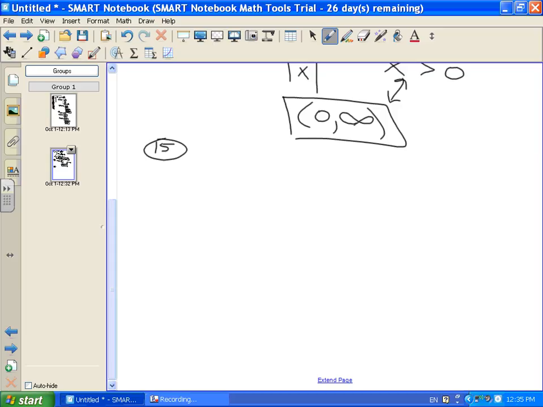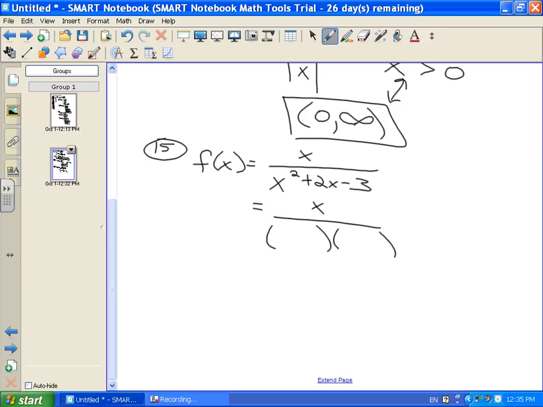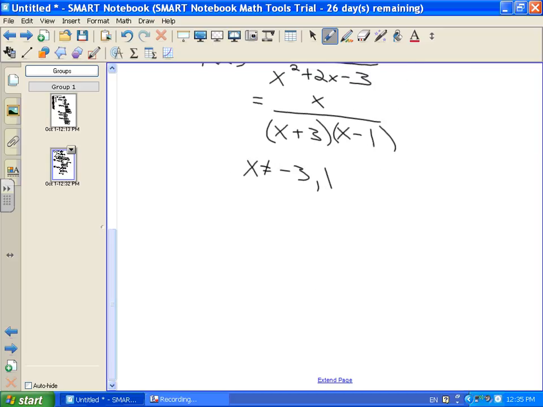15, same section. All right, we want to see if we can factor that denominator. I believe it does. Plus minus 3 and 1. So what is x not allowed to be? Okay, so it can be everything else, right? So from negative infinity until, which is the first one I'll hit, negative 3, and then I pick up on the other side and go to, then I pick up on the other side and go to,